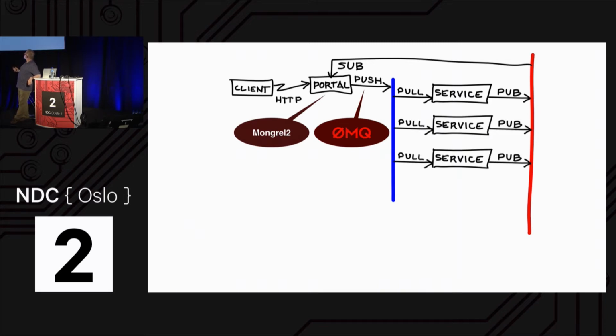We can have multiple services on the bus, of course, and remember they're going to round robin. So the portal is just going to, if they're all bound to the same socket here on the portal side, they're just going to round robin through them. So we can scale simply by replicating the service. So that's the first thing in the direction of swarming, is that the first characteristic of a swarming microservice is that it observes when it's too busy and clones off instances of itself to handle the extra load.